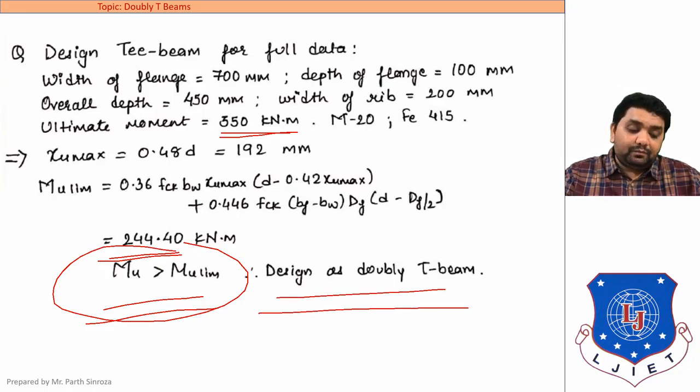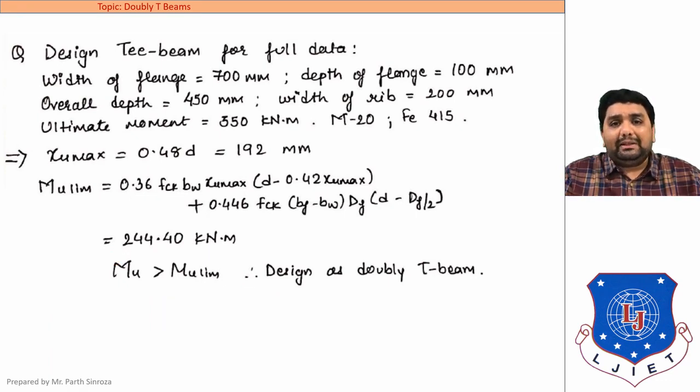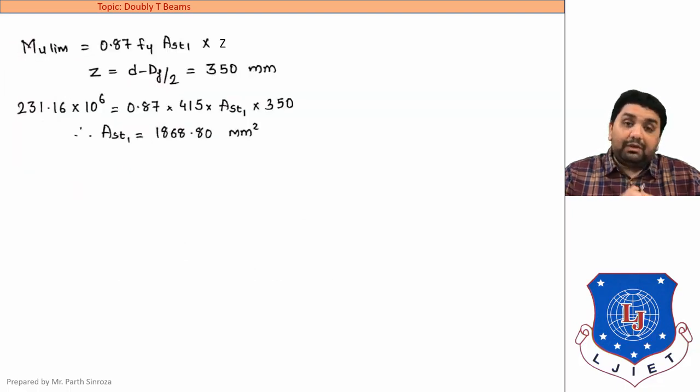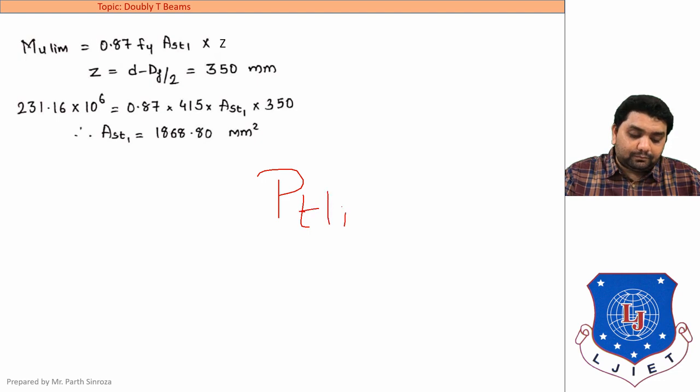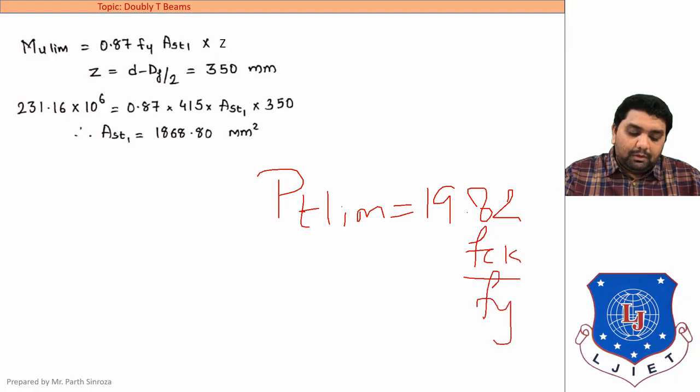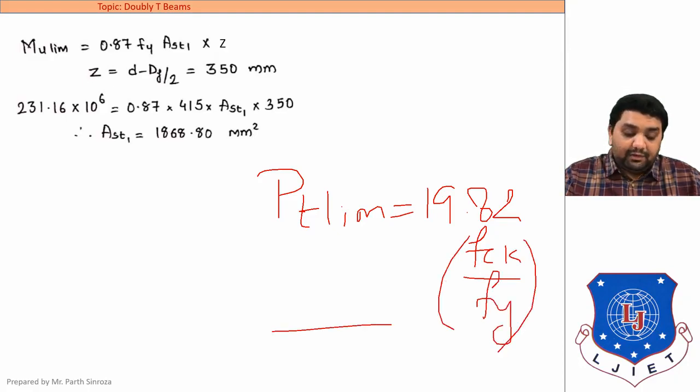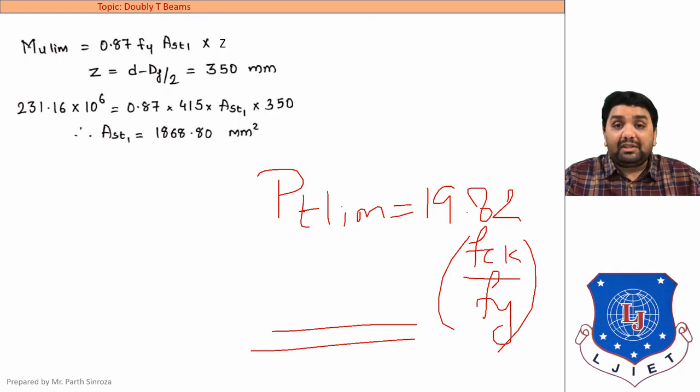Now in designing, we have proved that it will be designed as a WR T beam. Now what to find? Basically we will be finding two values, that is Ast and Asc. As we have done in the WRC beams, it will be by the same method, just the equations are somewhat twisted. So moving further, first we will be finding Ast1. Now in that case, if you remember, Ast1 was found from the equation of pt lim, that was 19.82 fck by fy, if you could remember. In WRC beam, that is rectangular beams, we are using this equation, pt lim equal to 19.82 fck by fy.